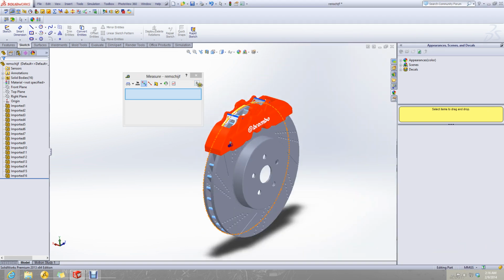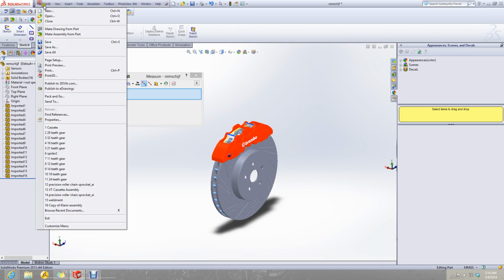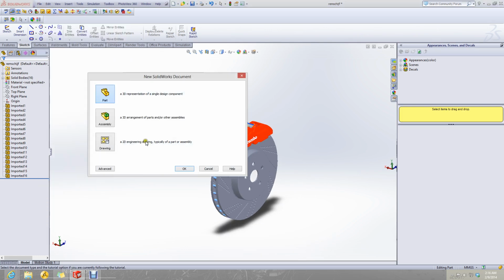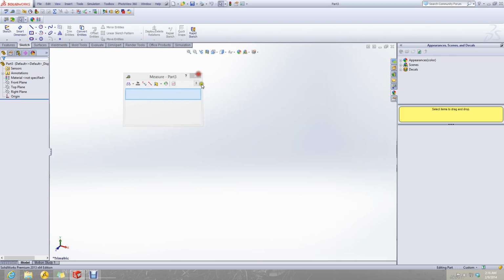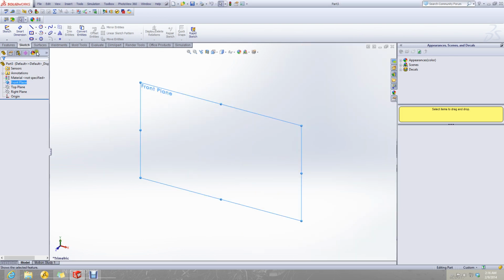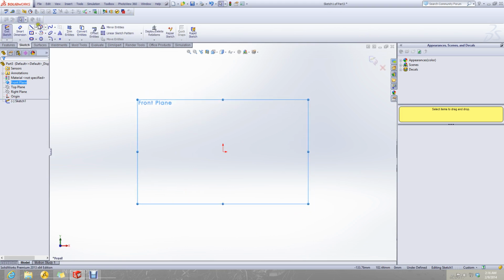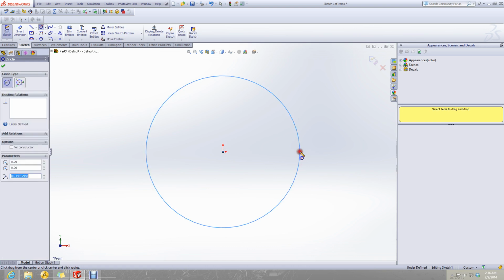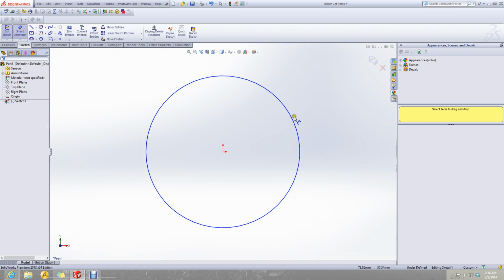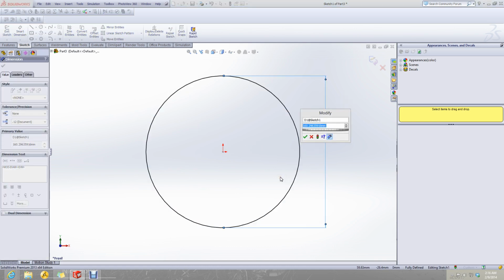Now let's start by modeling the disk. I make the circle of 174 millimeters.